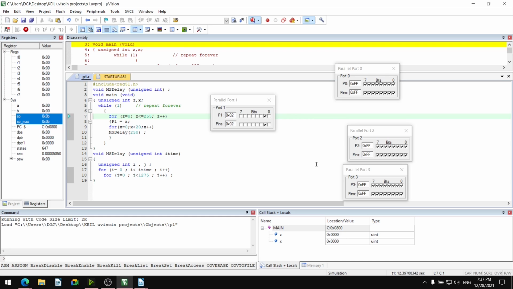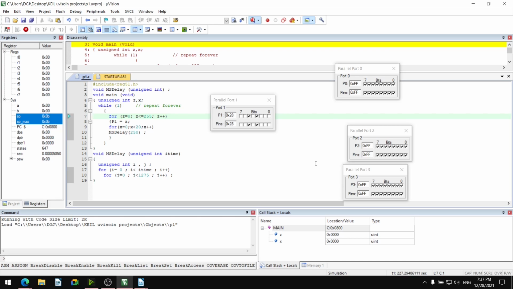0, 1, 2, 3, 4, 5, 6, 7, 8, 9, 10, 11, 12, 13, 14, 15, F. Then 10, 11, 12, 13, 14, 15, 16, 17, 18, 19, 1A, 1B, 1C, 1D, 1E, 1F, 20, 21, 22, and so on.